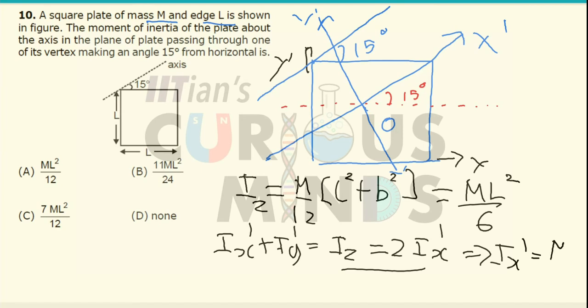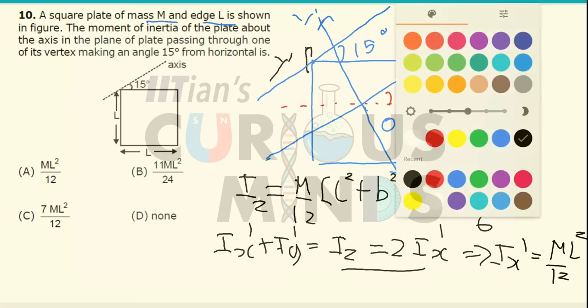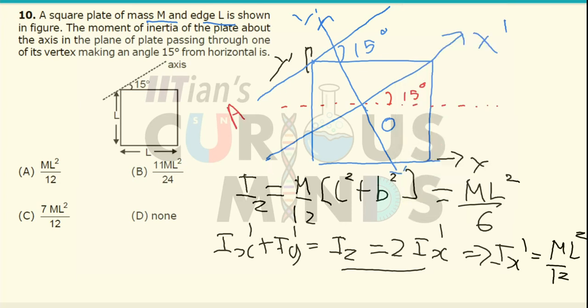So basically it will be equal to ml square divided by 12. To find the moment of inertia about this axis, let the axis be a dash. We will use the parallel axis theorem. For the parallel axis theorem, we want the perpendicular distance between them. We want the perpendicular distance between them. So this perpendicular distance over here